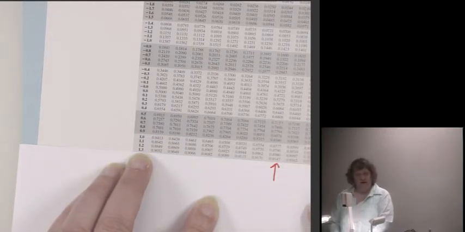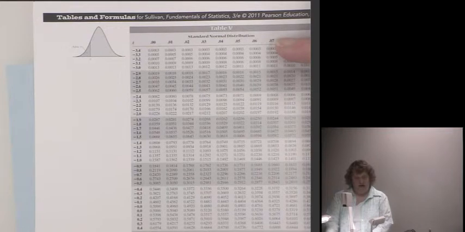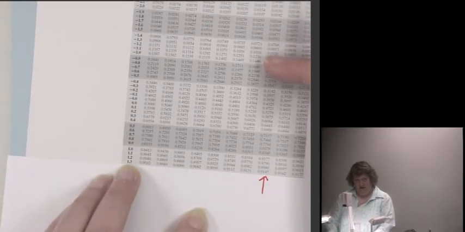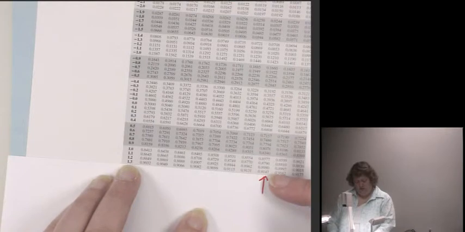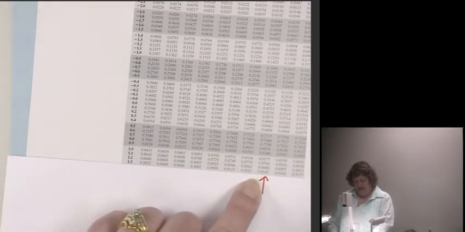0.9147. I'm simply going to take an arrow and use that arrow there so you can see where that crosses. That's the 7 column at the top of the page, and I just come straight down, and where that crosses with the 1.3, and notice especially on this new chart, it's very tiny. So you want to be able to use a straight edge. Notice my nice little straight edge here to help me find it, and I pick up that number